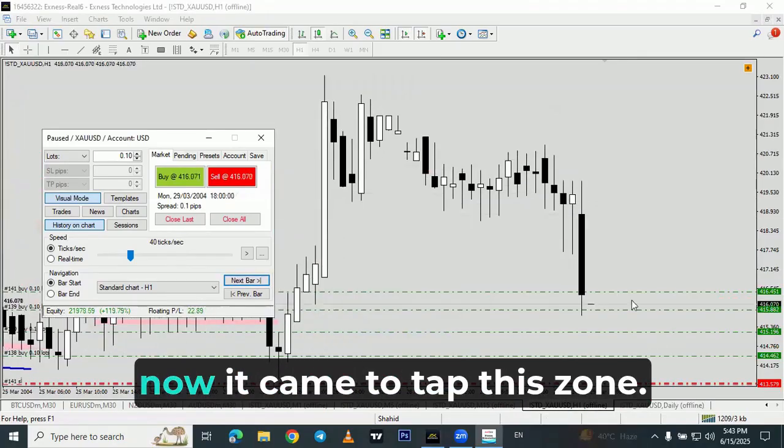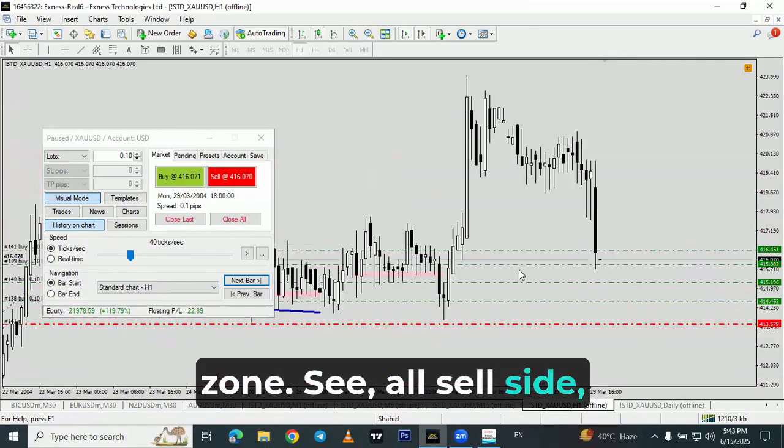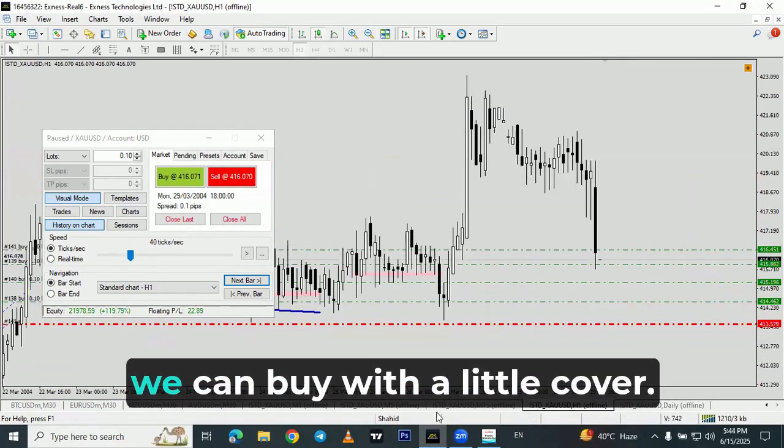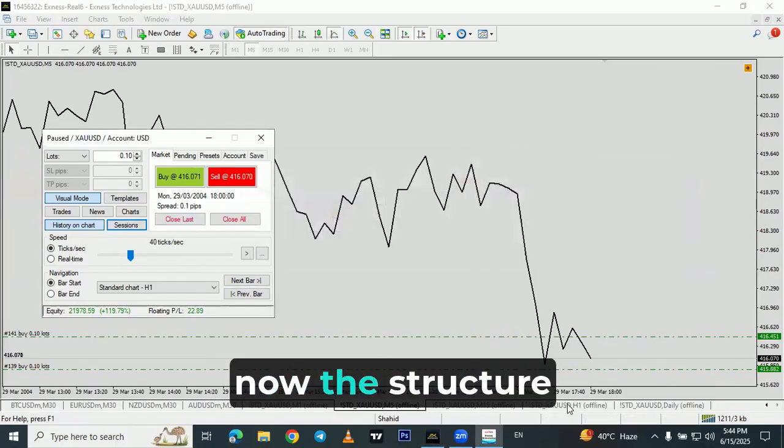Just wait. See, now it came to tap this zone. See, the market came to tap this zone. See, all sell side, buy side have gone. So here we can buy with a little cover. The structure hasn't shifted yet. See, now the structure